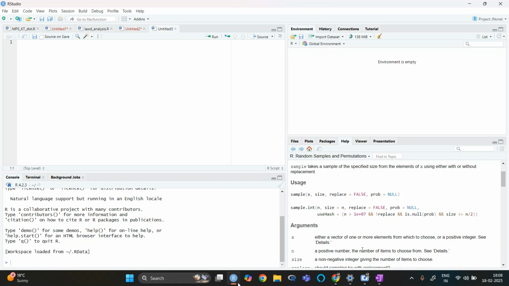And sample.int is basically, in place of giving x as a vector, we can just give n as 100, and it will take a vector from 1 to 100 on its own. So we do not need to define x. Another thing is that when we change the replace,